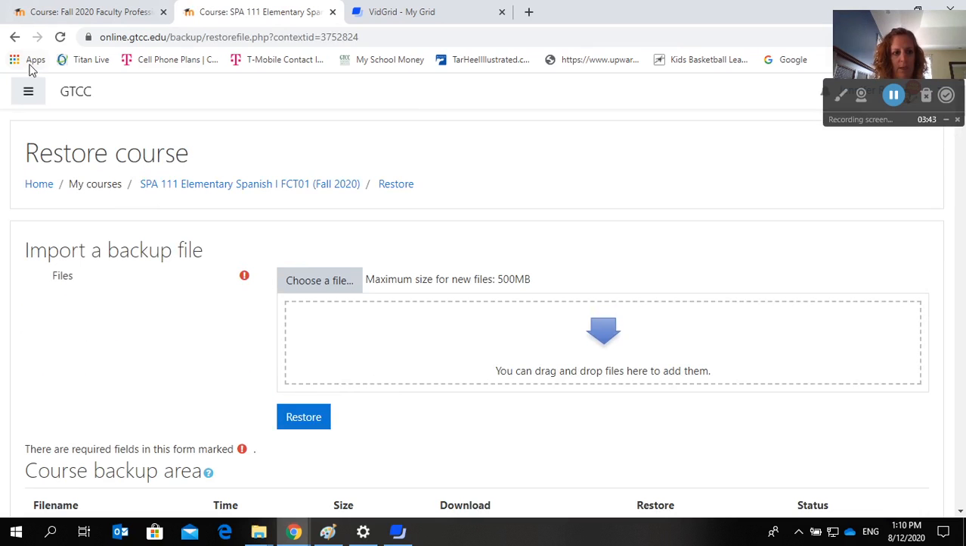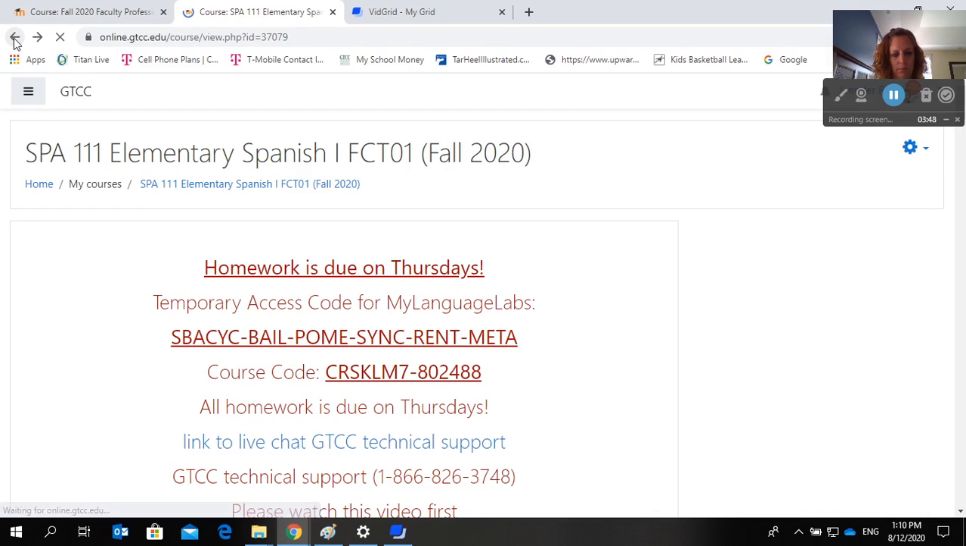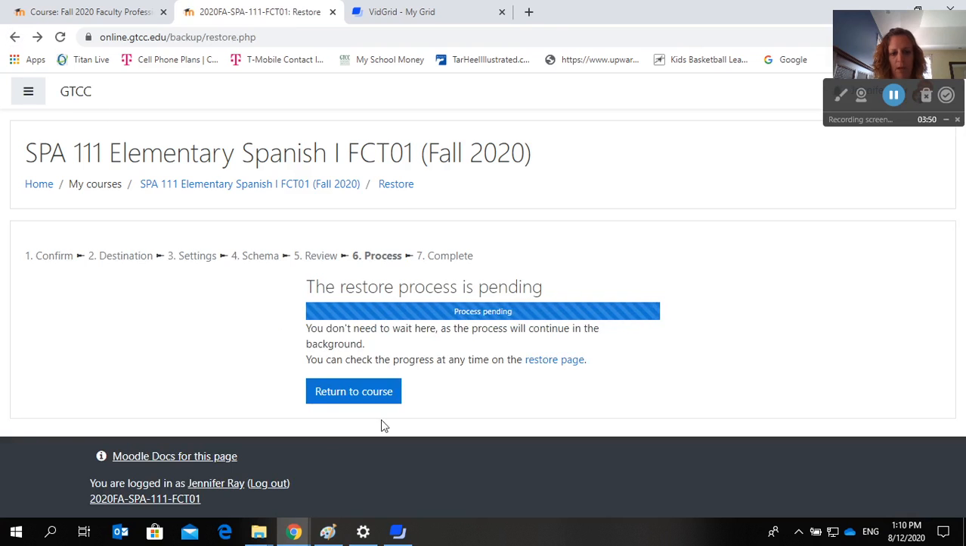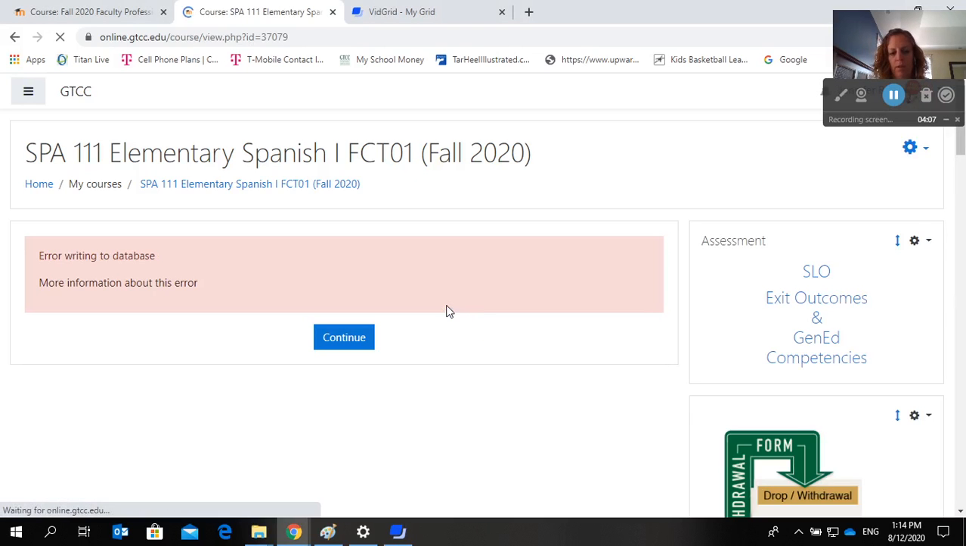And that doesn't really tell me anything. So I'm just going to wait here, and I'll unpause it when I see complete, to show you what it looks like. Okay, you saw a minute ago that it still had everything there. Here it says process pending. But when I hit return to course, you can see that